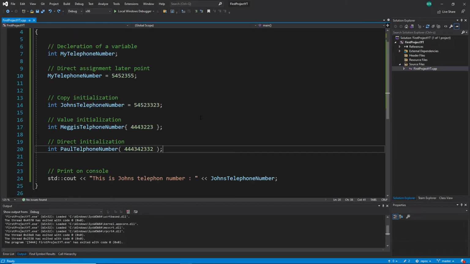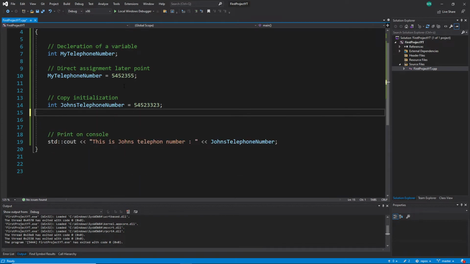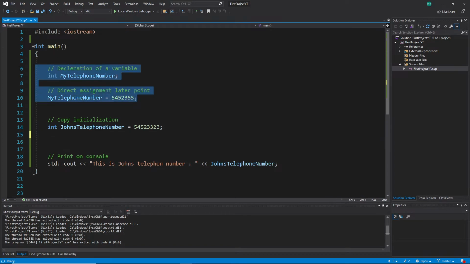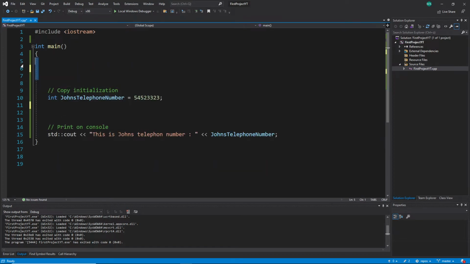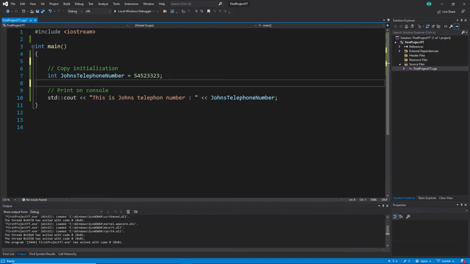And then what we can delete now, John's telephone number. Let's delete the other ones because we don't need them. And this one also not. Let's clean this up here a little bit fast. Okay, after this one,